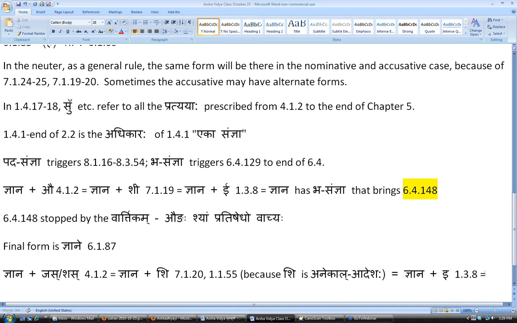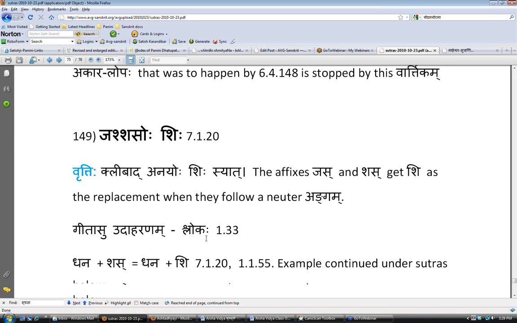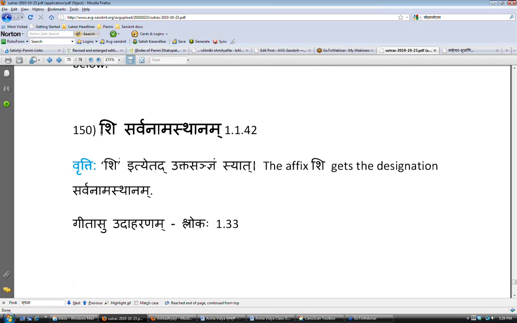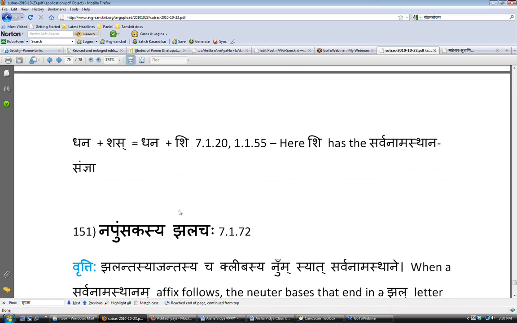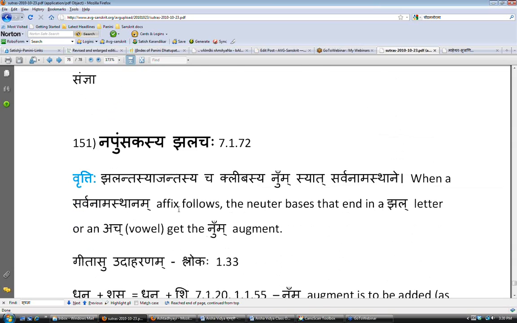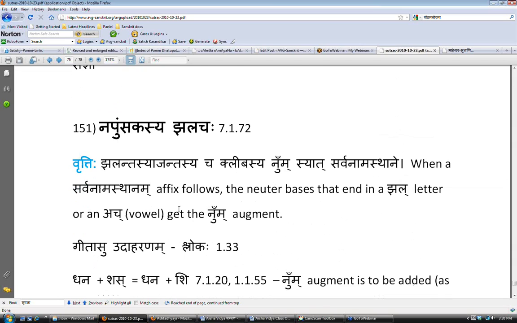Okay, now comes a special rule. So far, we could only have done ad gunah. But there is a special rule, which we looked at already: shi sarvanamasthanam. We looked at this shi, which is an adesha for jas or shas in the napumsaka, and that is a sarvanamasthana sanjna. We talked about that today. And then what we get is napumsakasya jhalachah. What does the sutram say? Jhalantasya ajantasya cha klibasya num syat